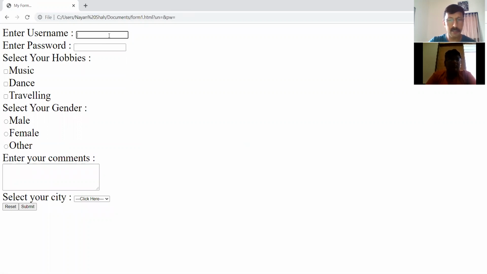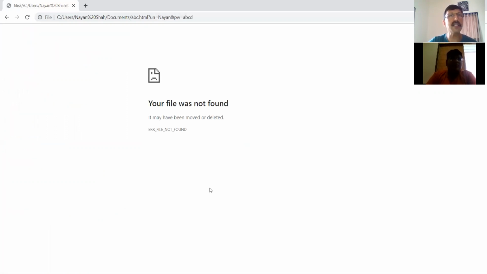See here I'm writing Nayan. Here password, I'm writing something, but it is not visible. Forget the rest of the fields. I'm clicking on submit. You observe here, I hope Rohan, this address bar is visible there where my mouse is. Good. So I'm clicking on the submit button. As I click on the submit button, the form got submitted.